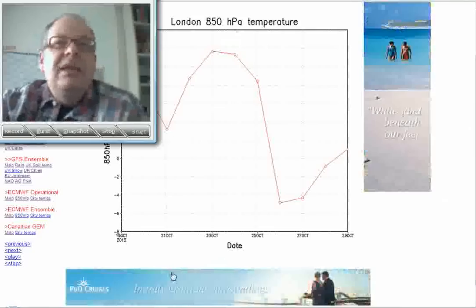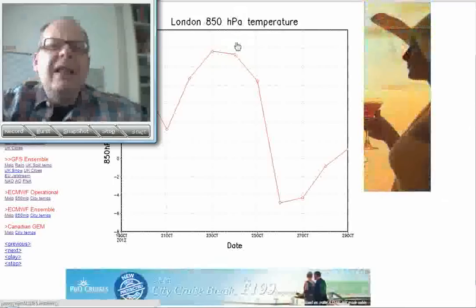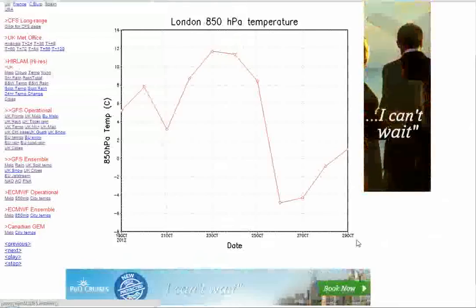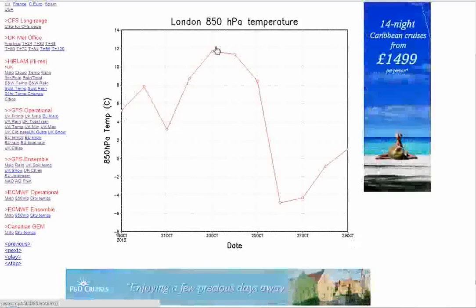This is from the ECMWF. Now, it says 850 temperatures there, and this is the temperature about 5,000 feet in the atmosphere, but ignore the fact that it's high up. This is just as relevant for the surface, and really what I wanted to do is to show you the shape of the graph. It goes up to the 29th, so it's taken us up to Monday the 29th of October. You see this kind of rise in temperature,